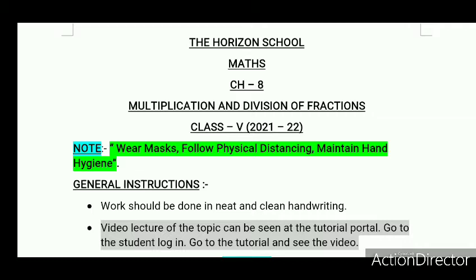Dear students, you will also follow COVID appropriate behavior at your home, so you wear a mask, follow physical distancing and